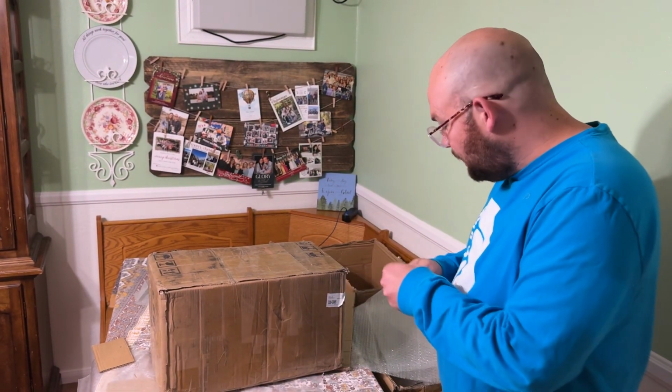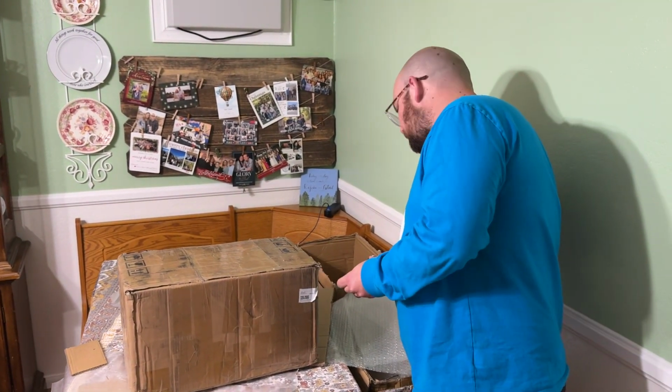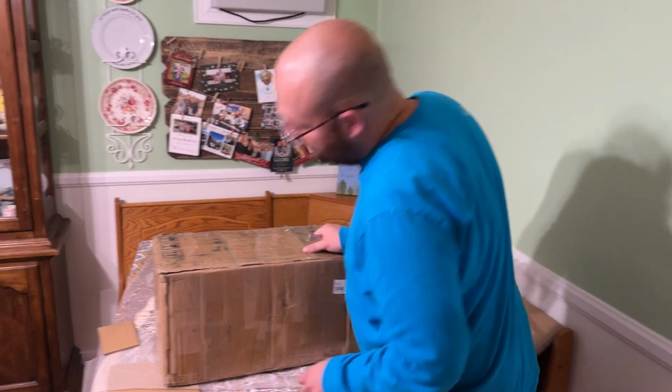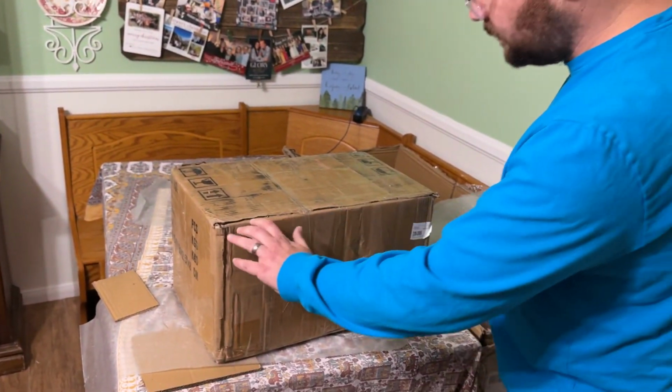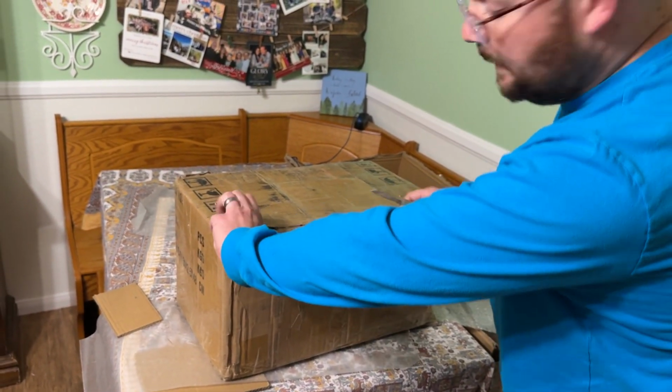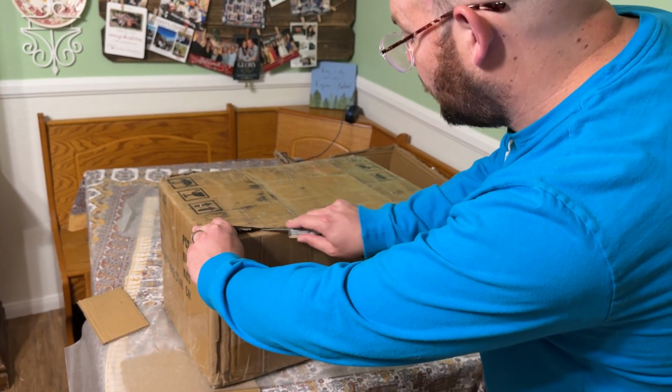We got the knife. And we're going to look for the edges that are not real. So this is a real cardboard edge. So we don't need to cut into this one. We look for the edges that they invented using clear packing tape. This is one. So we're going to just sort of...